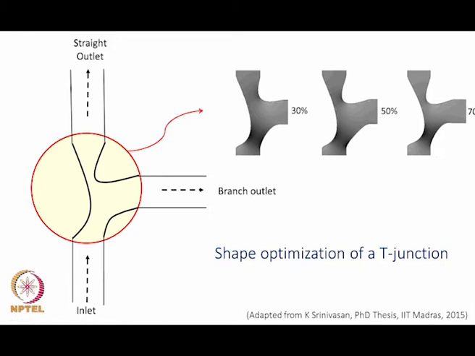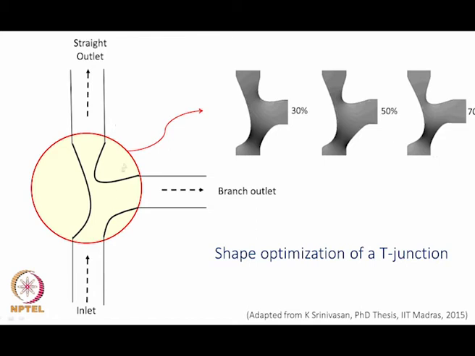We cannot do that because we do not know what the shape should be. We can draw curves like this, they look like very interesting curves, but how do we know that this would actually do our job? Using computational fluid dynamics, it is possible to solve the exact equations which govern the flow through this T junction. That means that if this is the geometry, this is the width and length of the duct, this is the orientation of the side branch, and this is the width of the side branch, and all these things,